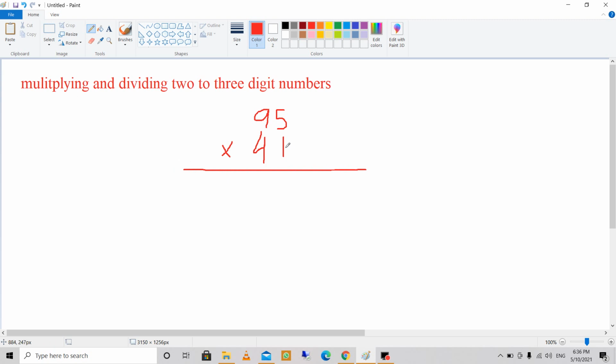So again, you multiply this first number with 5. 1 5 is 5, 1 9 is 9. Put a 0 over here. 4 5s are 20. We will put 0 over here. Then the tens part will be carried over here.